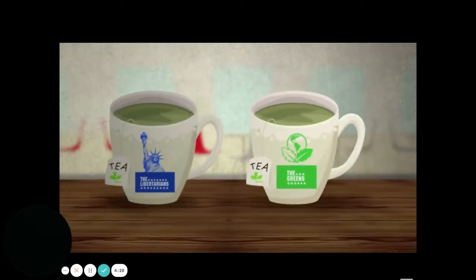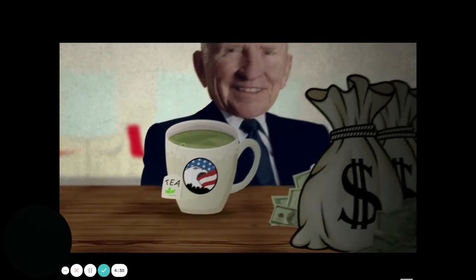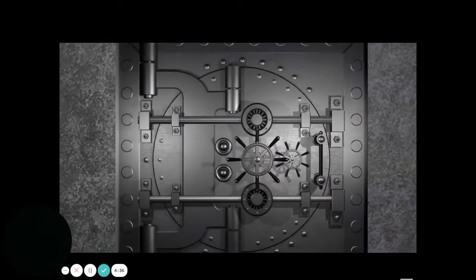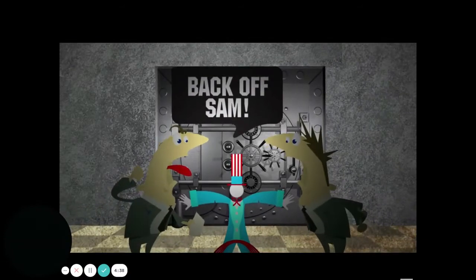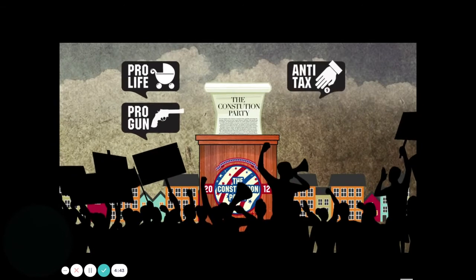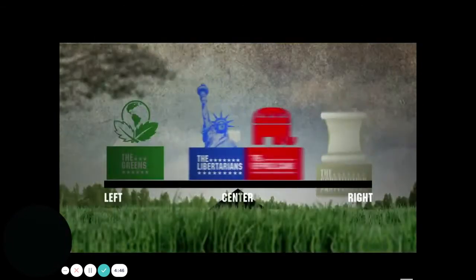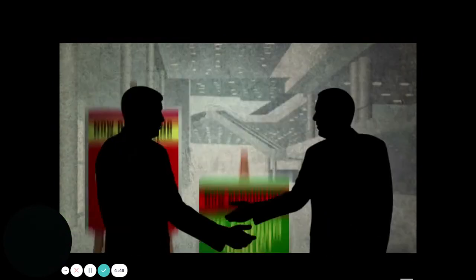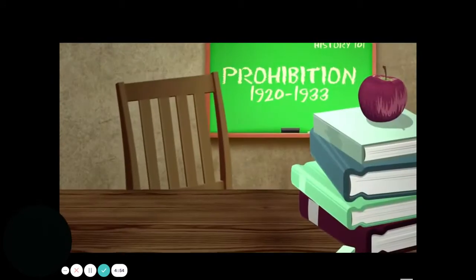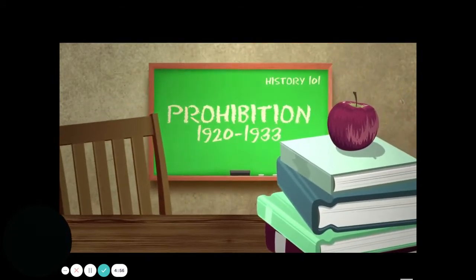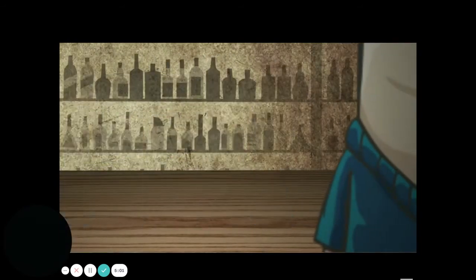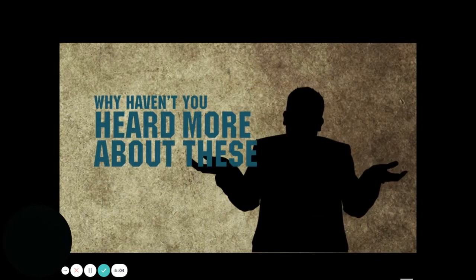And if those two don't sound like your cup of tea, there's also the Reform Party, made famous by eccentric billionaire Ross Perot in the 90s. They're for folks who are fiscally conservative, but who want the government to stay out of social issues. Or how about the Constitution Party, which is so conservative, they're pro-life, pro-gun, anti-tax, and anti-gay, that it makes the Republicans look like they're on the left. Speaking of which, there are at least a dozen socialist or communist parties fielding candidates in America today. And just in case you thought prohibition was something you learned about in history class, there's still an official Prohibition Party fielding presidential candidates trying to take away your booze. So why haven't you heard more about these other guys?